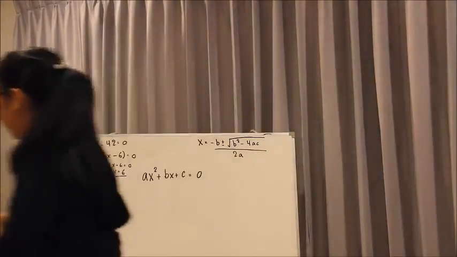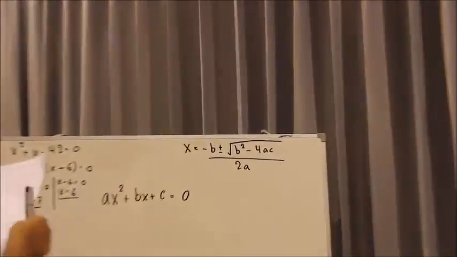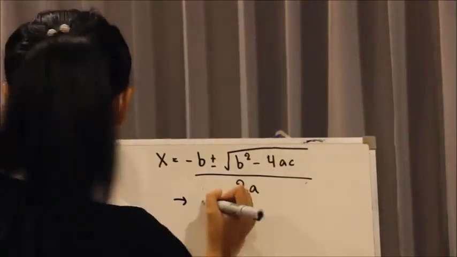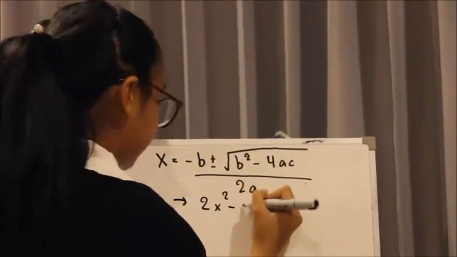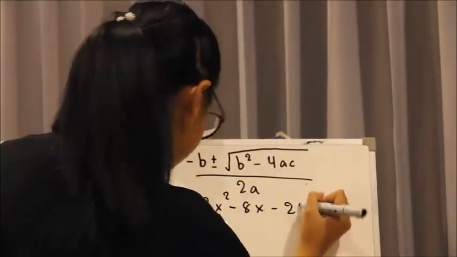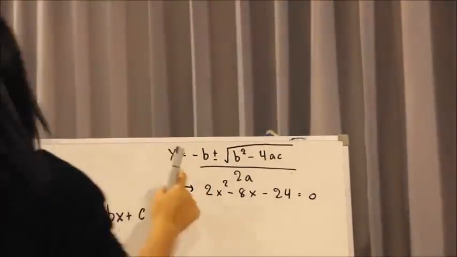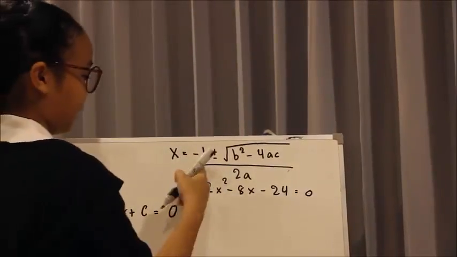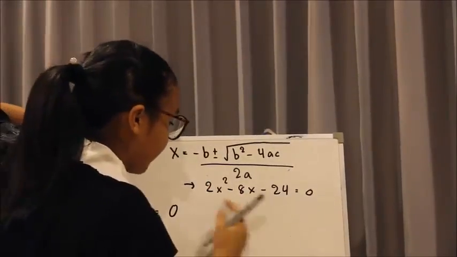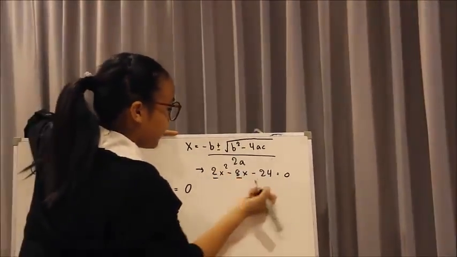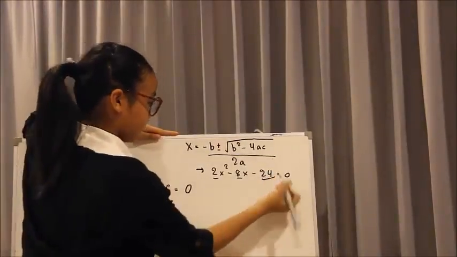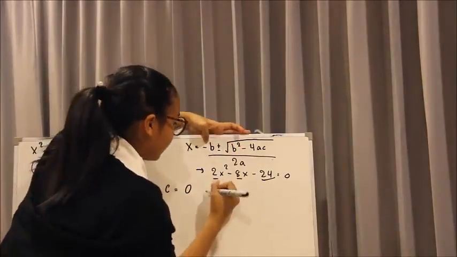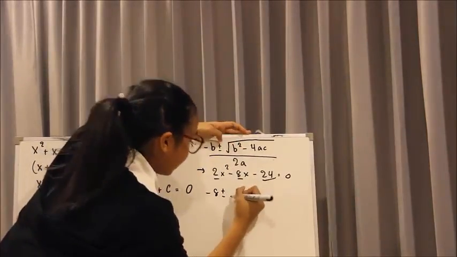And our example is 2x squared minus 8x minus 24 is equal to 0. Use this formula to figure it out. For sure, negative b is going to be negative. This is your b, this is your a, this is your c. So now you want to find negative b, or negative 8, plus or minus the square root of